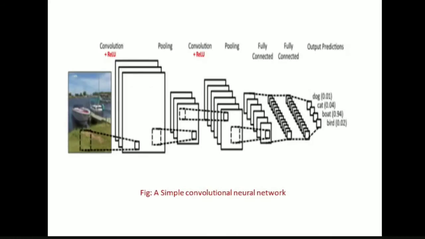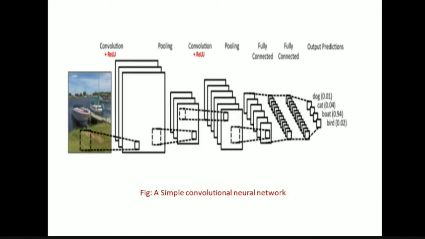So this is a simple convolutional neural network. Don't get confused that we have different types of boxes and different types of things here. It is very easy if we understand it step by step. This is a simple convolutional neural network. What is the first image? What do you observe in the first image?